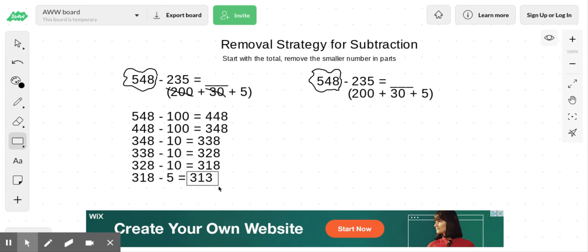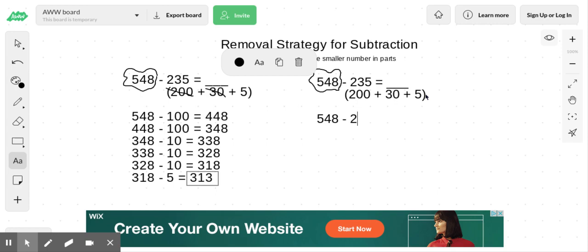So let's take a look at another way that you could solve the same problem using the removal strategy. But this time I'm going to group the hundreds together, remove that all at once, remove all the tens at once, and remove the ones again at the end. So again, I'm going to keep that total whole, but decompose the smaller number. Starting with the total, 548 minus 200